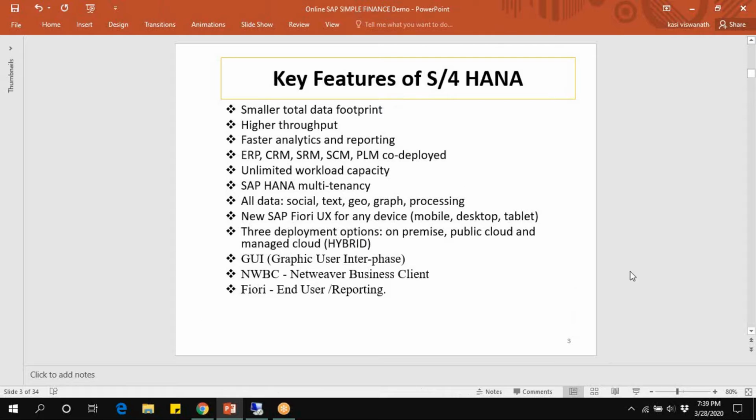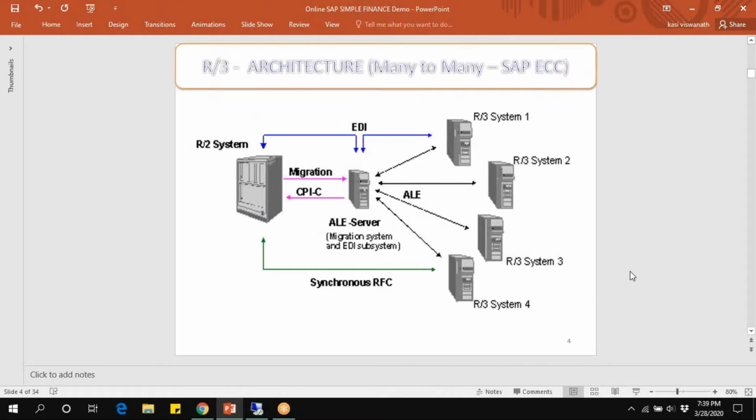Clear? Next. In ECC, we used the initial architecture R/1, meaning one-tier architecture. Later, we used R/2, real-time two-tier architecture, meaning one server, many users. Later, from 1992 onwards, we are using R/3, real-time three-tier architecture, nothing but many-to-many architecture.